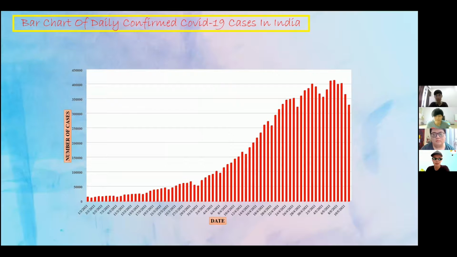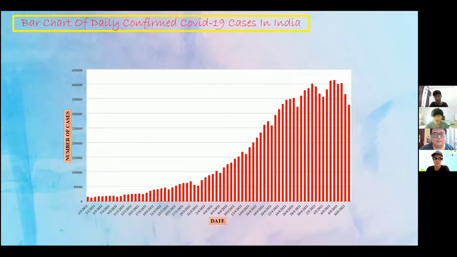All right. Thanks, Yi Ming, for your presentation about raw data. Now, I would like to present the analysis of ungrouped data. Based on the data we have collected, we have built bar charts of daily confirmed COVID-19 cases for these three different countries. I put the number of cases as the y-axis and the date from the first day of March until 10 May 2021 as the x-axis. Now, let's have a look at the bar chart of India first. From the observation, the chart is increasing exponentially.